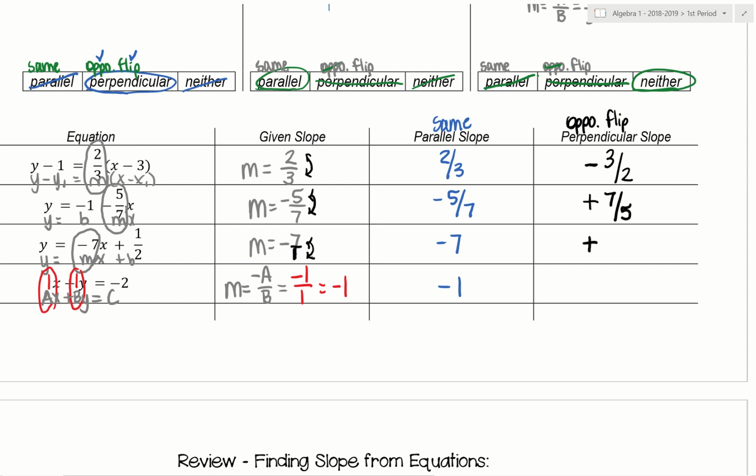In order to flip that, I'm going to become 1/7. The reason I can put it as -7/1, anything over 1 is itself, so that just allows you to see it as a fraction. My last one, we've got -1/1. That means I've got to have a new positive slope. 1/1 flip just stays as 1/1, which simplifies to be